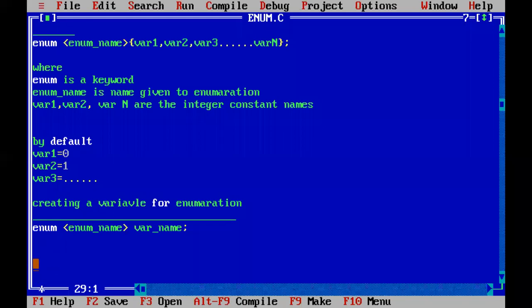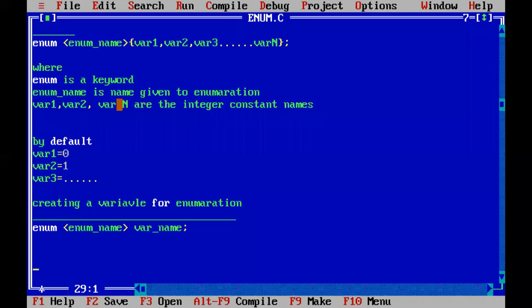Now with this idea, the enum keyword is used for creating an enumeration definition, followed by the enum name given to that particular enumeration. And inside we can define variable 1, variable 2, variable 3, and so many enumeration variables.